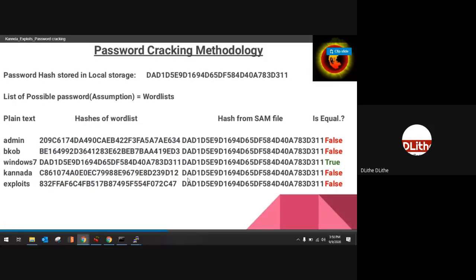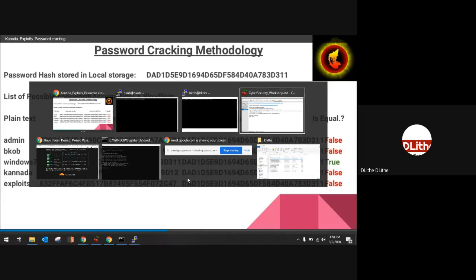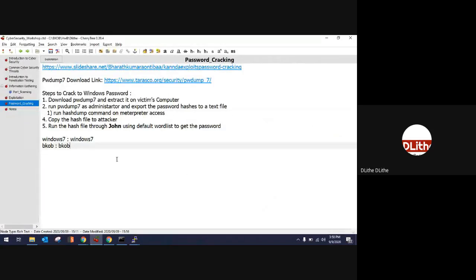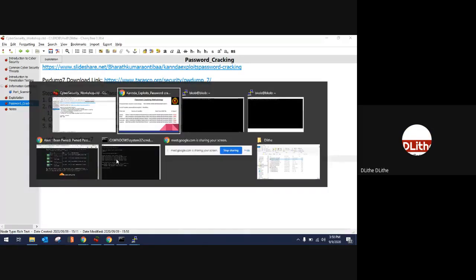There's a bit of an issue with my target Windows machine, so it will take some time to get resolved. Meanwhile, we'll see about cracking Linux passwords. Once that is resolved, we'll switch back to Windows password cracking so that we can get an idea on this. Clear? So let it run in the background in the meanwhile. Okay. Does anyone have any queries to resolve?